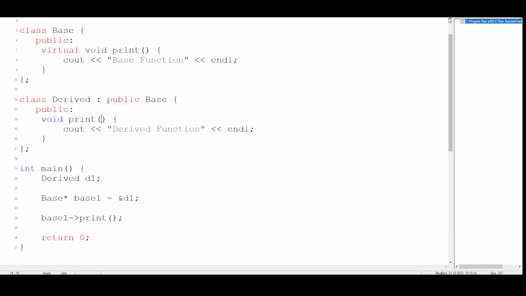The slightly confusing thing is that since we're using a virtual function, we have to use a base class pointer, and here I have made that pointer, which first points to the address, and that pointer is again pointing to the function directly, which is present in that particular class, and whatever is inside is getting printed. So that is the concept of virtual functions.